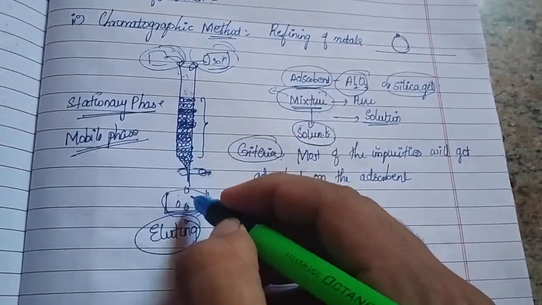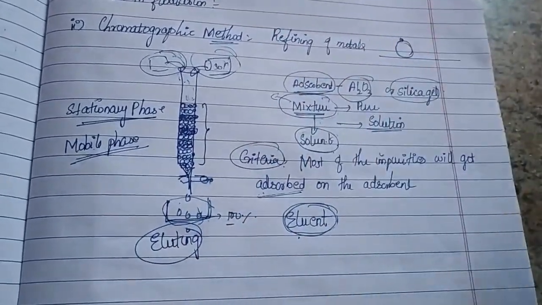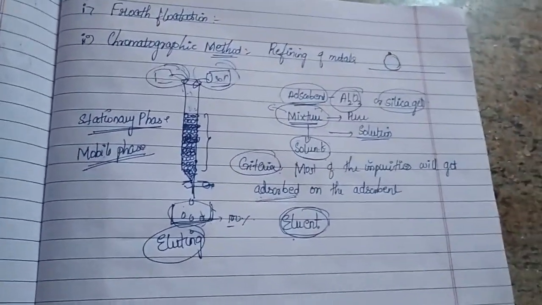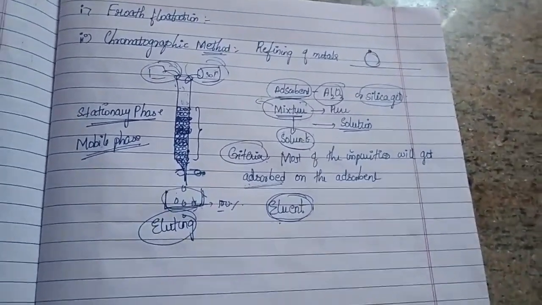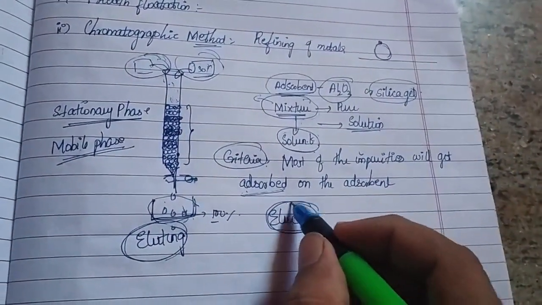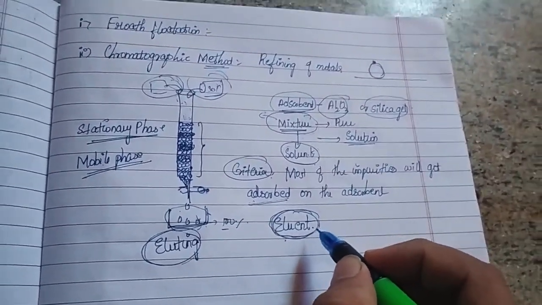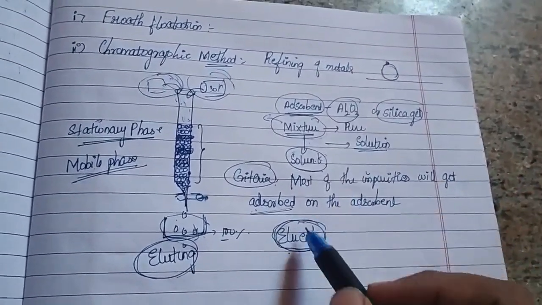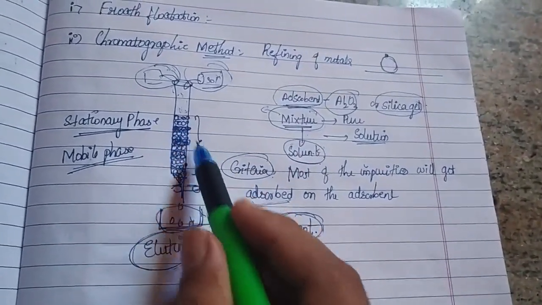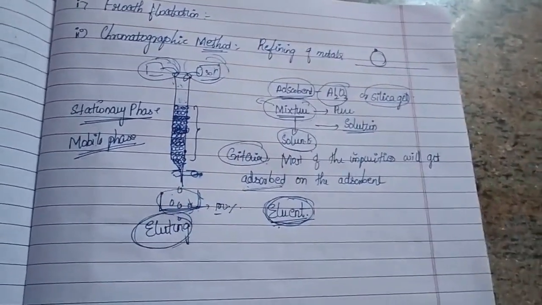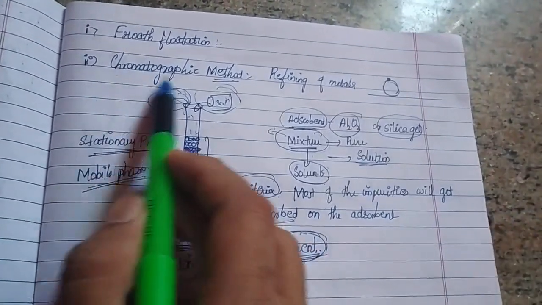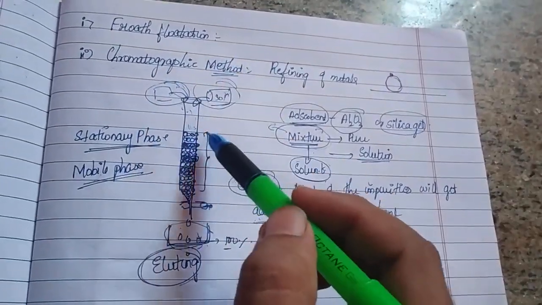The process where you are extracting the pure metals or whatever the pure material, it is through the process called eluting. That is, it is forcing to give you the pure part. Right? So by whom is that eluting done? By the eluent. So this eluent is nothing but your mobile phase, which we also call eluent. Remember, depending upon the impurities, this eluent also changes. Why did I explain this much? Because basically whatever chromatographic method we are doing is only based on